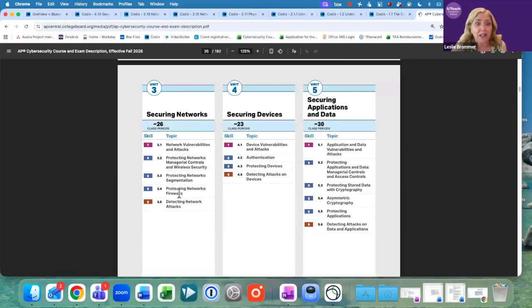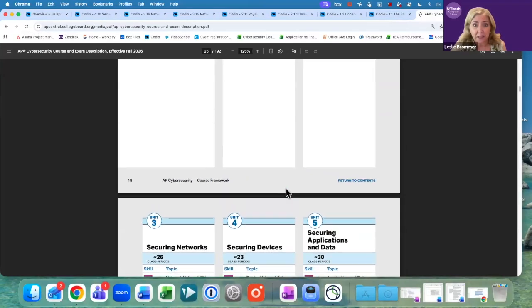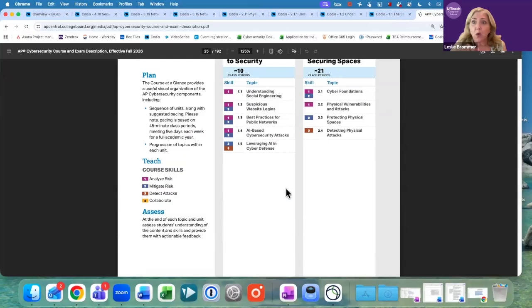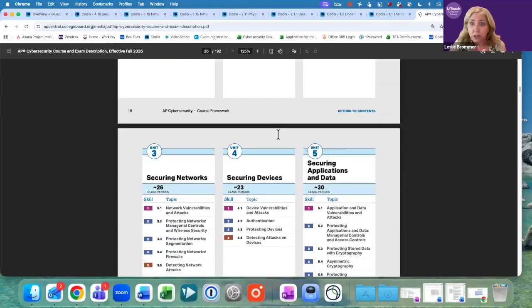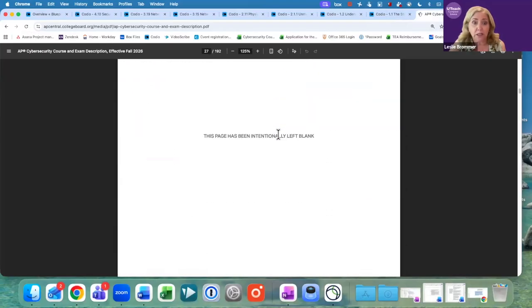Each unit has different topics, and we address those topics. I'll show you how we've aligned to the AP framework. When I talk about the AP framework or the AP CED, this is the document that I'm talking about. This is your Bible for the course.